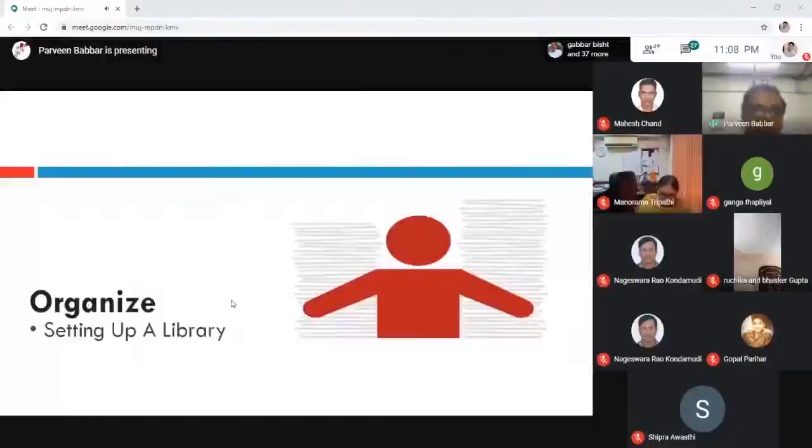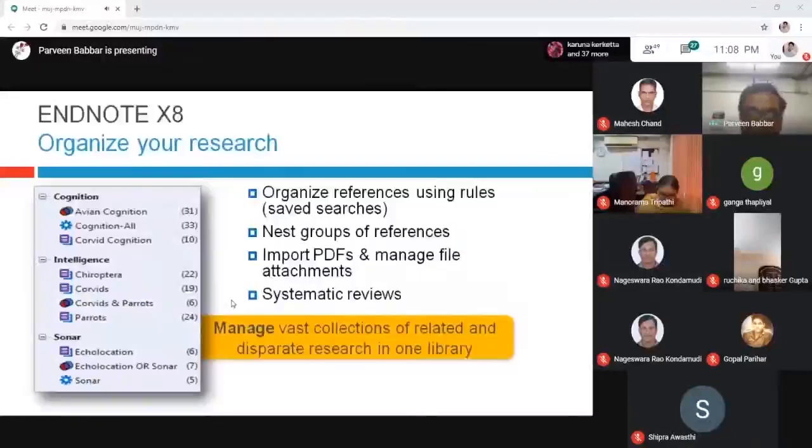Now we will see how EndNote desktop can organize and set up your library. First of all, you have to search the data and put it inside the library. As I have already told you, it provides intelligence-based grouping in your EndNote library, so that it can help you.